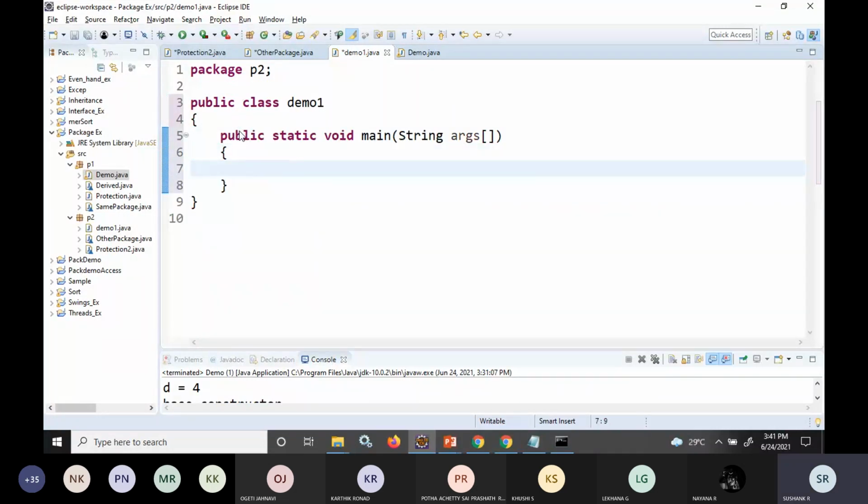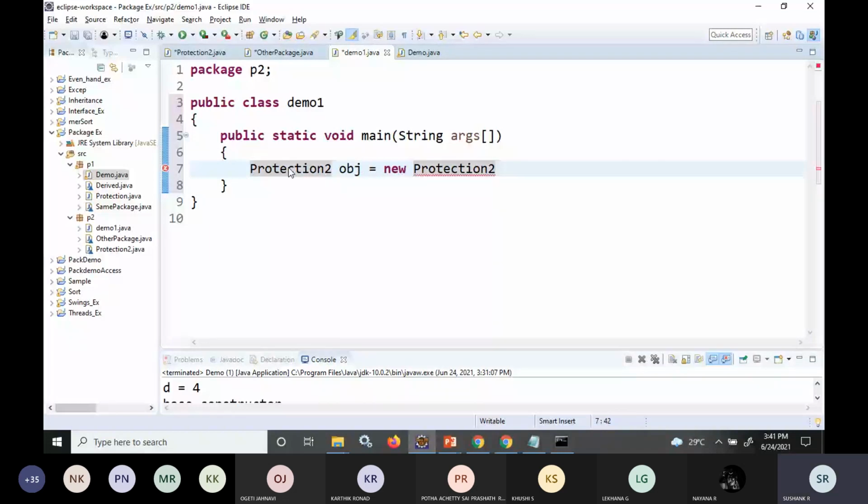Okay. So now here, I'll create an object of the Protection2 class. What is the class name? Protection2. That object name is equal to new Protection2.